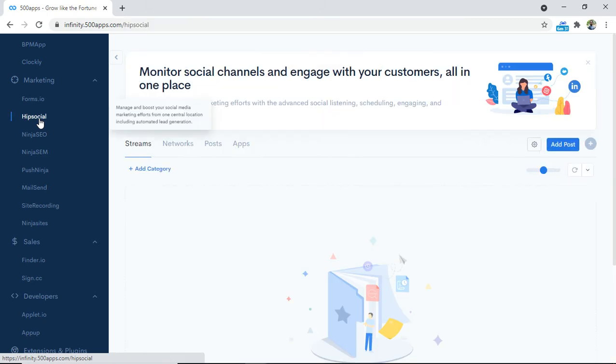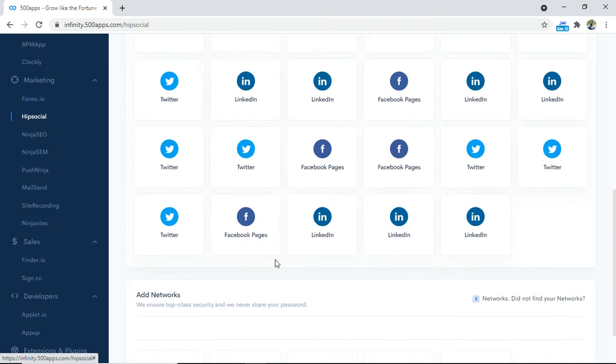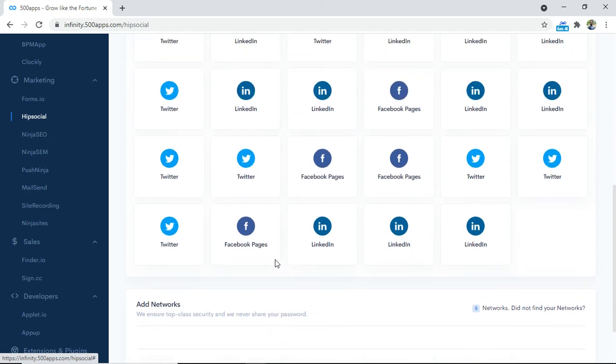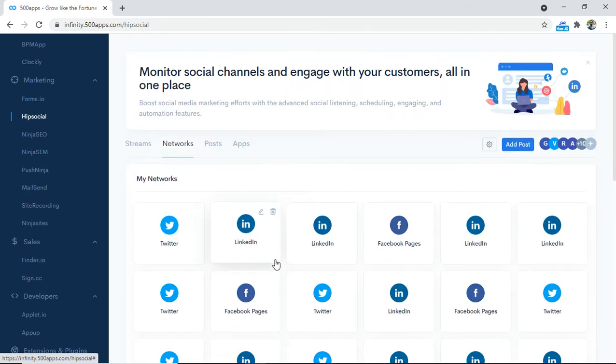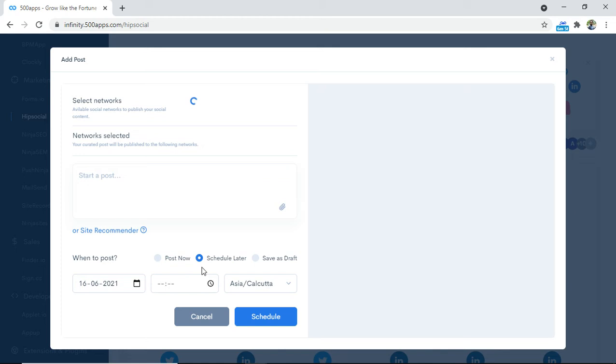Okay, let us go to Hip Social. It's social media management software. So I can have all my LinkedIn, Twitter, Facebook, YouTube, Instagram, everything here, and I can link them, and I can directly schedule posts from one dashboard. I need not go to Facebook individually. I need not go to LinkedIn. I can schedule here as well, so you can schedule for a week or for a month at a time, and you can just leave it. It will automatically be posted at that particular time that we have scheduled.